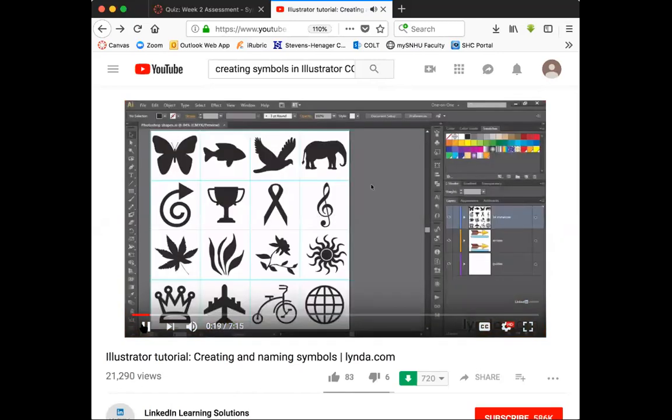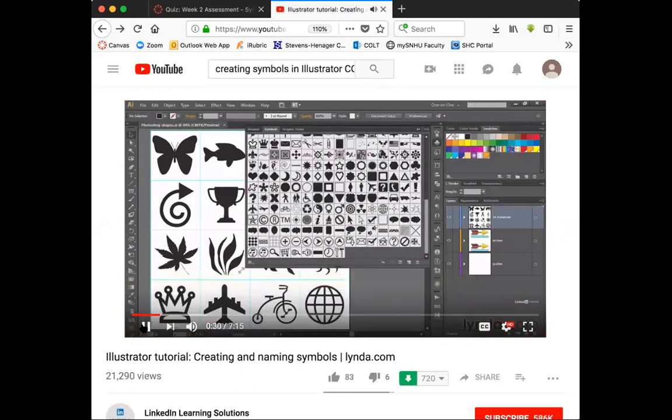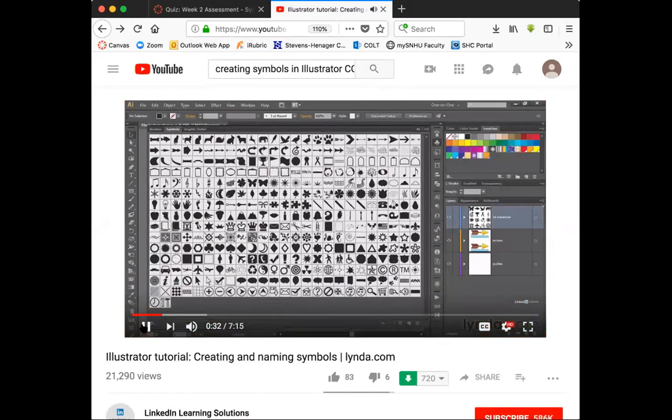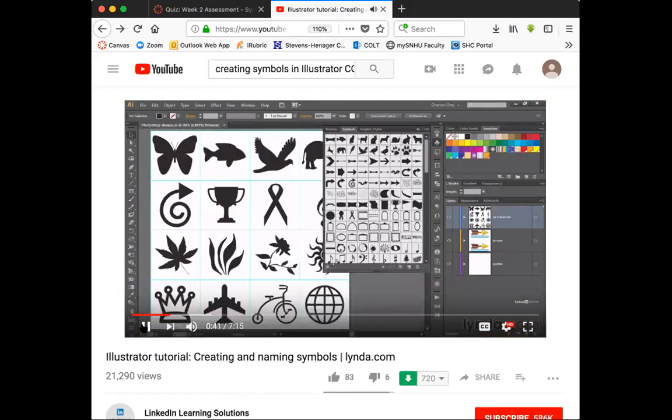In this movie, I'll show you how to create and rename symbols. If you have access to the exercise files, you'll find one called Photoshop Shapes.ai. And if you bring up the symbols panel, you can see that it contains tons and tons of symbols that I've acquired over the years from Photoshop's custom shape tool. And for those of you who don't have access to this file, let me show you how you can put